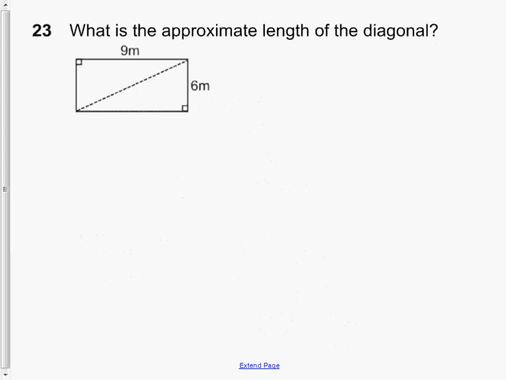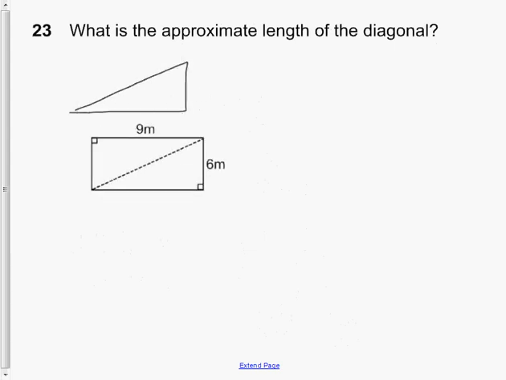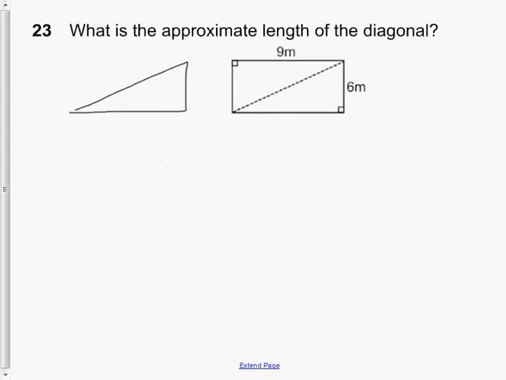Question 23 says, what is the approximate length of the diagonal? Well, if I take this shape here and bring it down, I have a right triangle. The hypotenuse I don't know. This is 6 meters, and this would be 9 meters. So when I extend squares onto all of these, this would be 81, this would be 36, and this would be the sum of those two, which is 117, is that right? And therefore, the length of the diagonal will be exactly the square root of 117, or approximately,